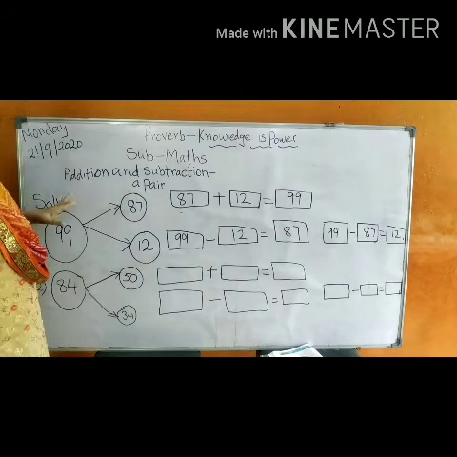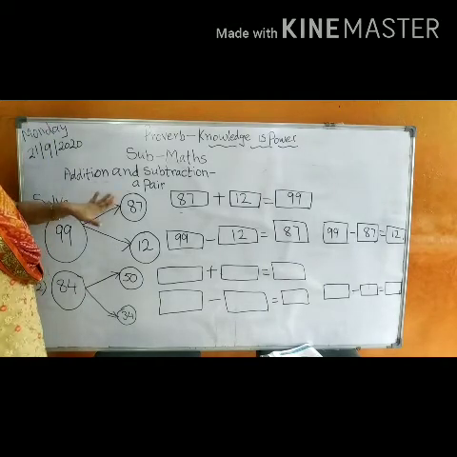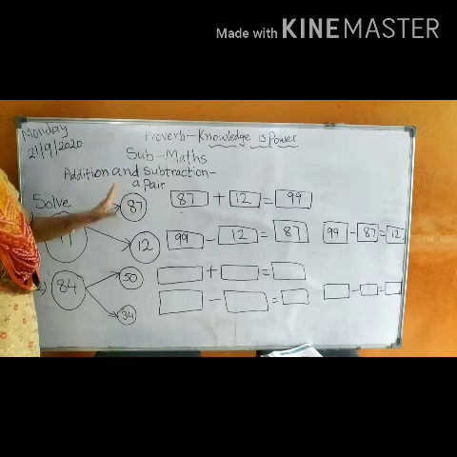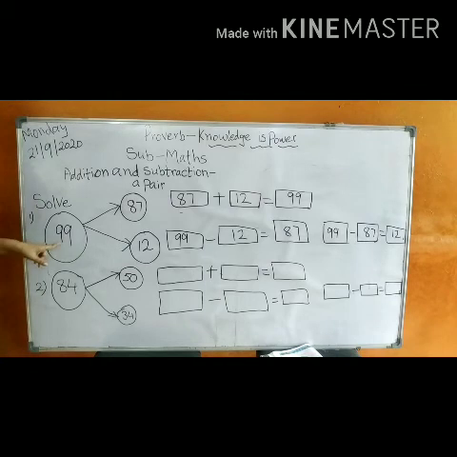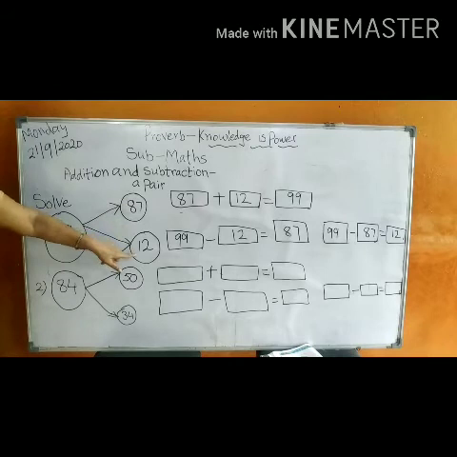Now we are going to learn how to do the addition and subtraction in the form of a pair. Okay. Now just see here, I have given you one example. Okay, this is what? 99. Isn't it? What we have to do is, this number 99, we have to divide in such a way that the answer we will get is 99. Over here you see 87 and 12. I have divided it, I have made it separate, 87 and 12.